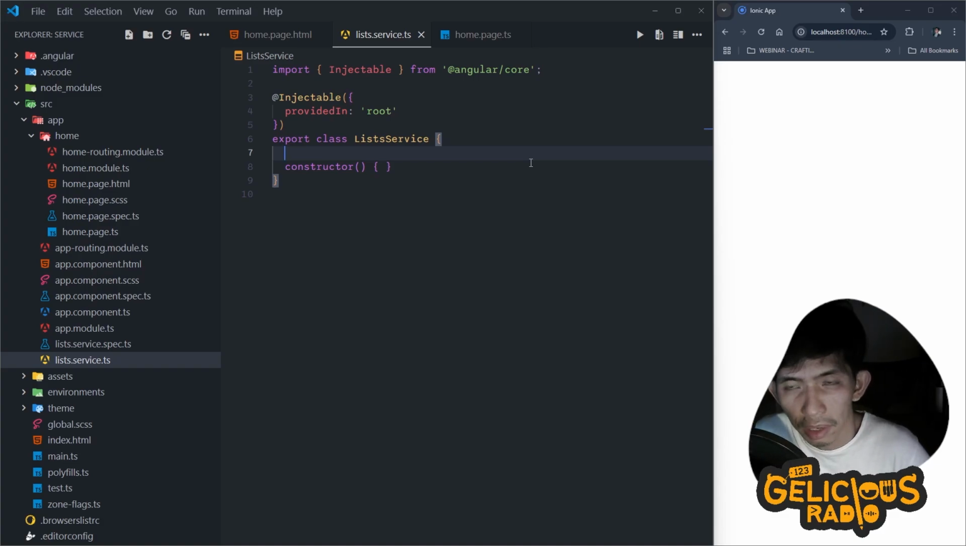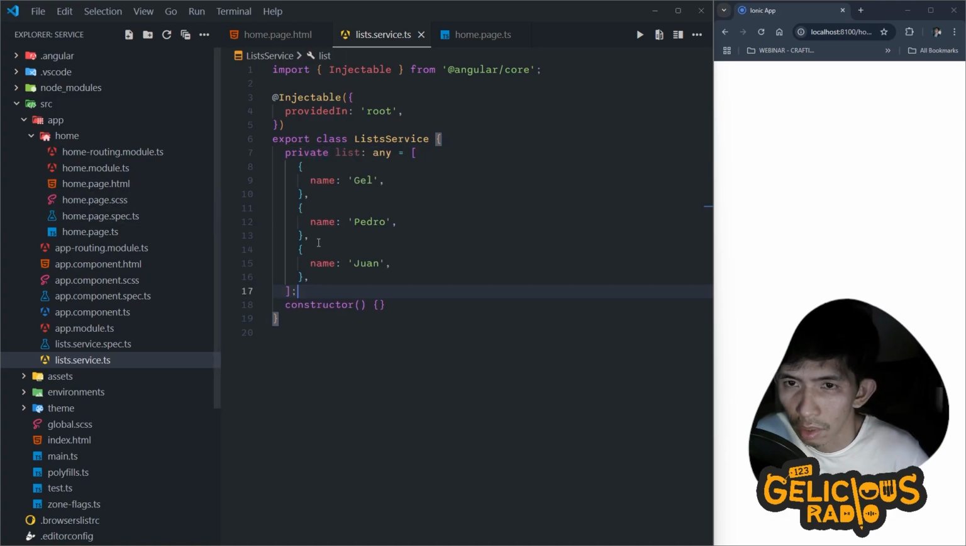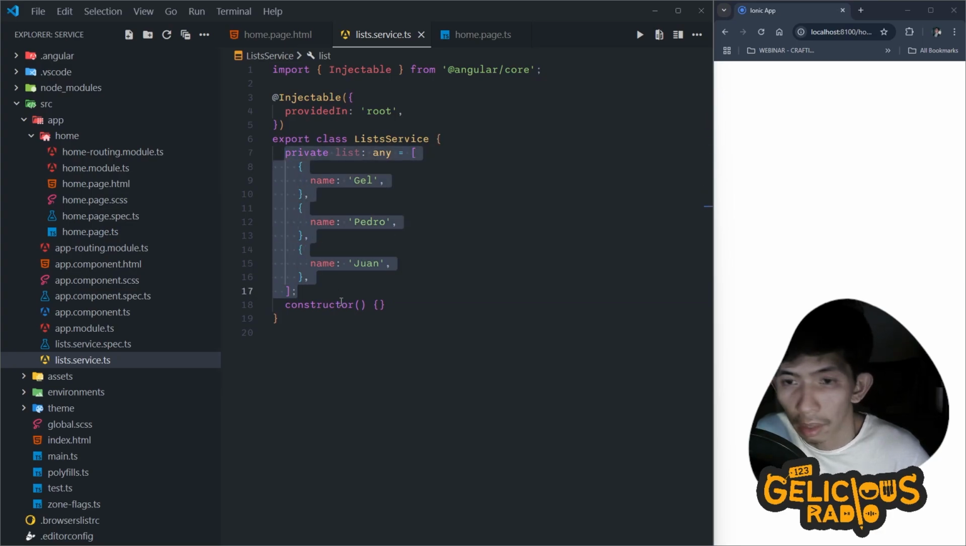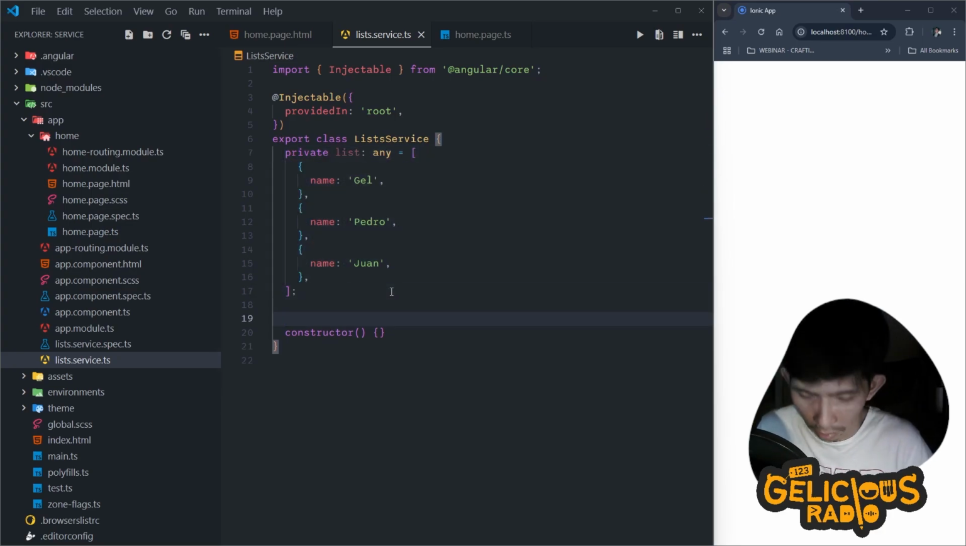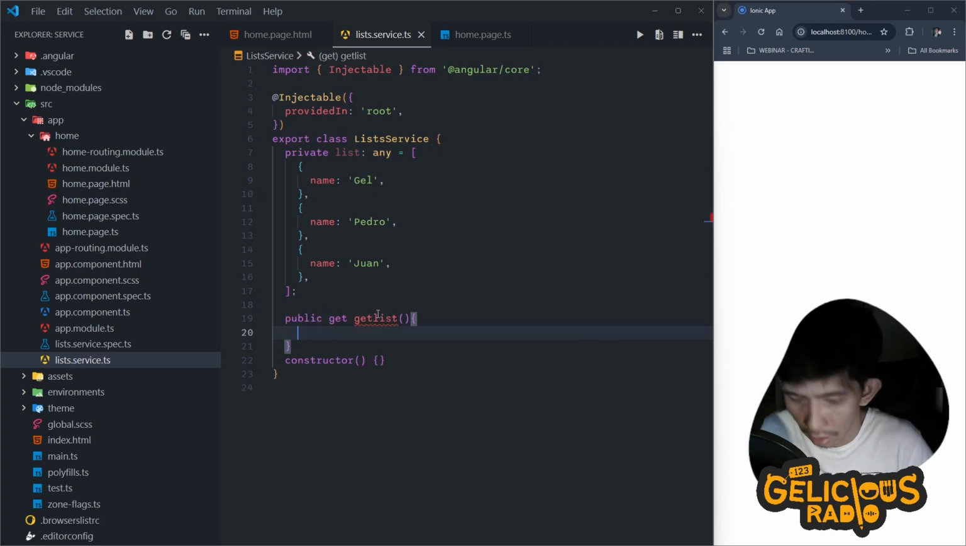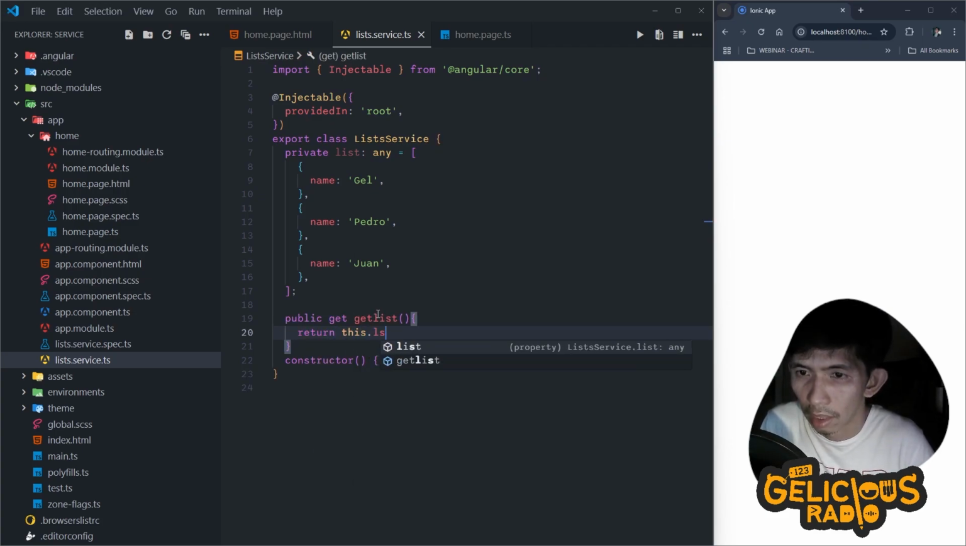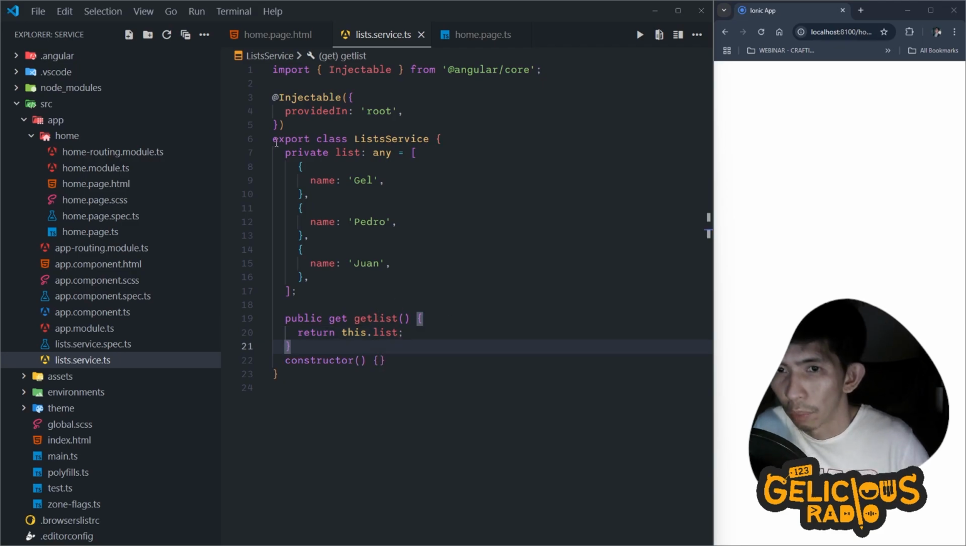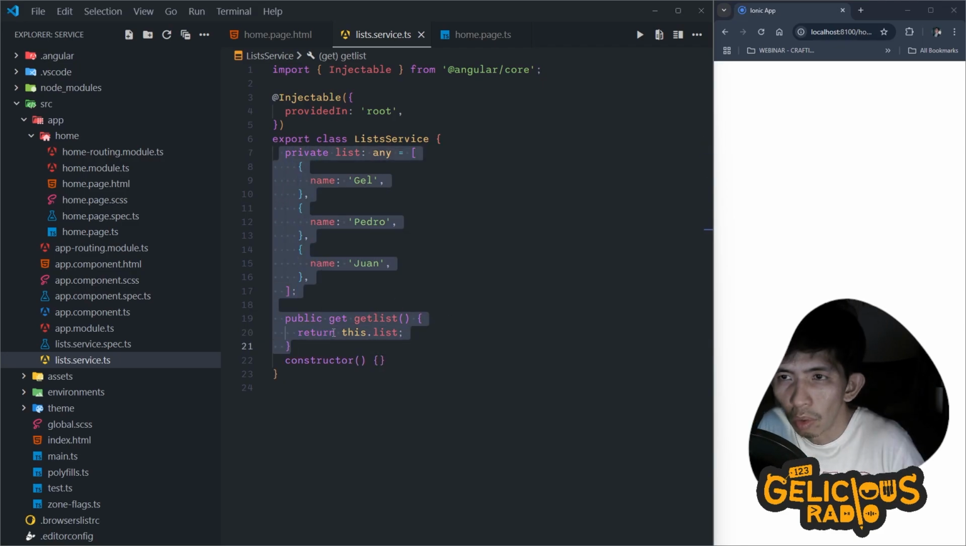Kung minsan, dito din sa may services natin, dito natin ilalagay yung connection sa database, yung pag-fetch natin ng API, dito natin siya ginagawa sa mga services. So, let's create a private list. Okay, so since we declare this as private, gagawa tayo ng getters, getList, and then we will be going to return this.list. So, kung meron na kayong list or kung meron na kayong code that will fetch into API,